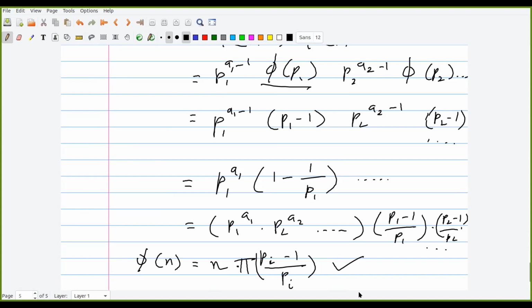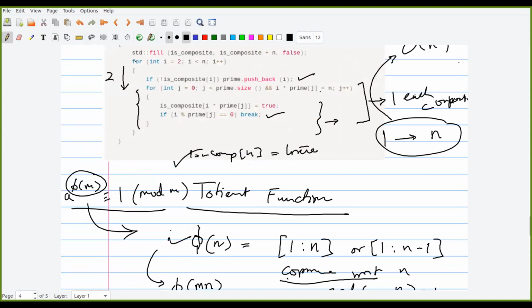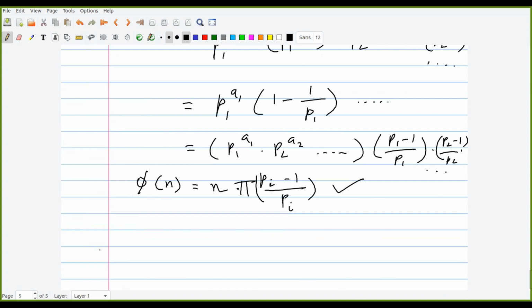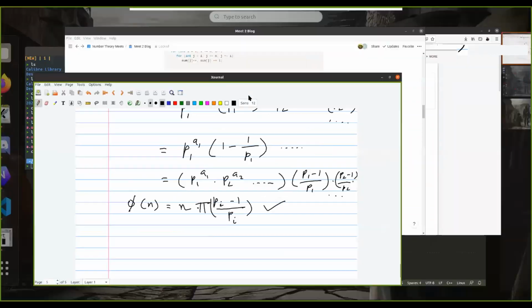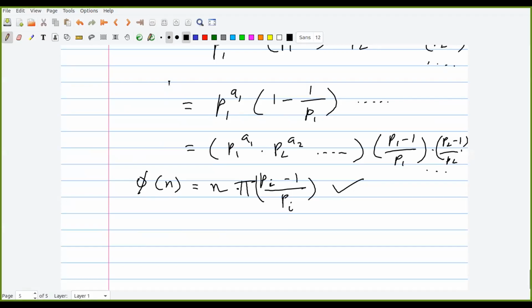Okay. Now I know what my phi function is, but how do I find it out? So why do we need to figure out the phi function? Well, the phi function, the Totient function, is required for the generalization of Fermat's theorem, and as I told you in the first minute, it is effective in figuring out GCD, inverse, and everything. So a naive approach for doing this would be just to use our old sieve,